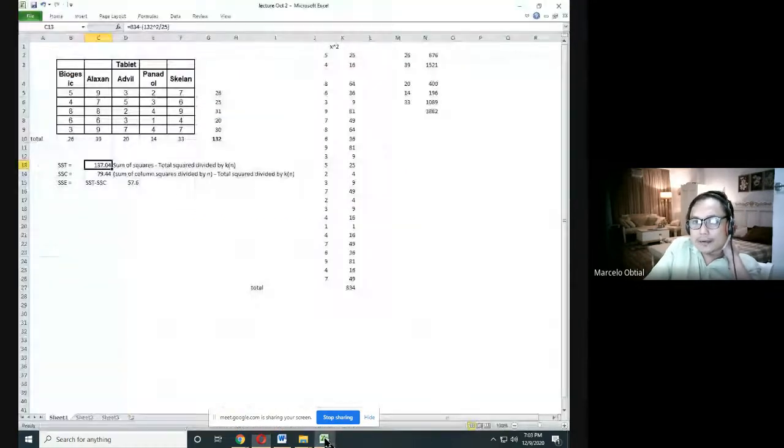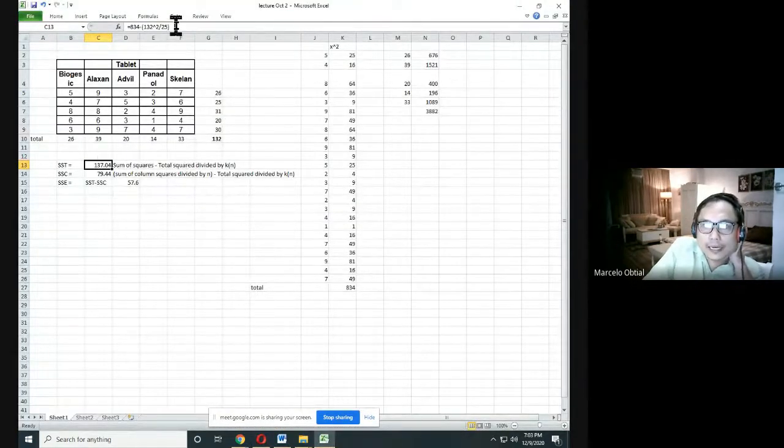Okay, let's go back with the Excel. Okay, yung formula, nasa dito sa taas, oh. So, ang gagawin natin, yung total ng squares, okay, which is 834, i-deduct natin dito sa total ng x, squared, then divided by k times n. Okay, or the total ng respondents or ng subjects, no? Naglagay na ako dito ng formula sa gilid, class. Balikan niyo lang to anytime, no? So again, the formula is the sum of squares, okay, I'm talking about 834, minus the total,